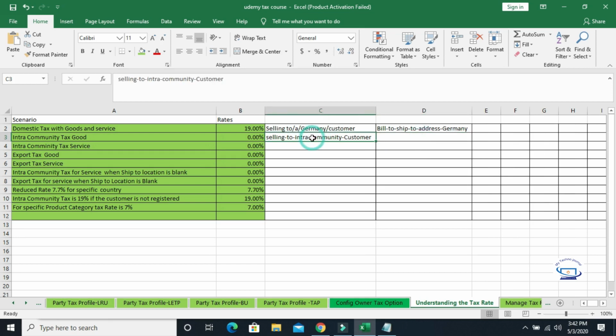So for intra-community, any country within that European Economic Zone other than Germany, this tax rate will be applicable. Okay. So here the bill to, ship to address will be an intra-community country. Okay.